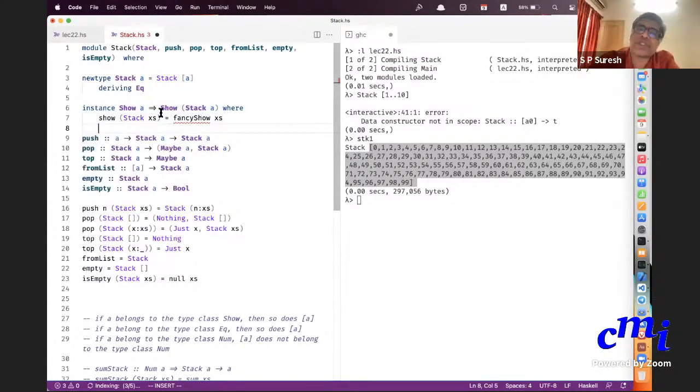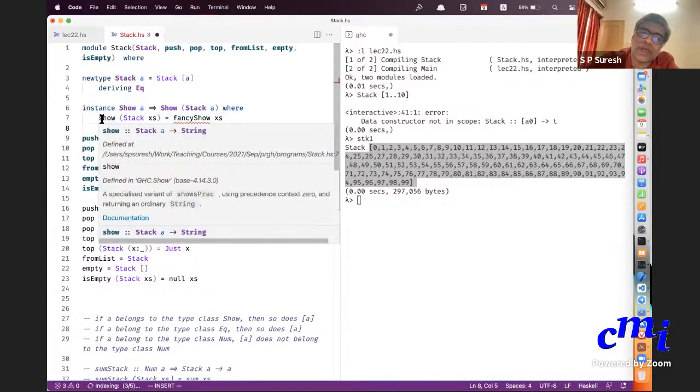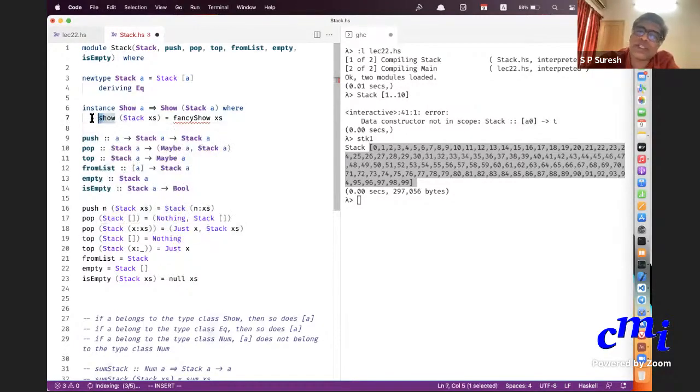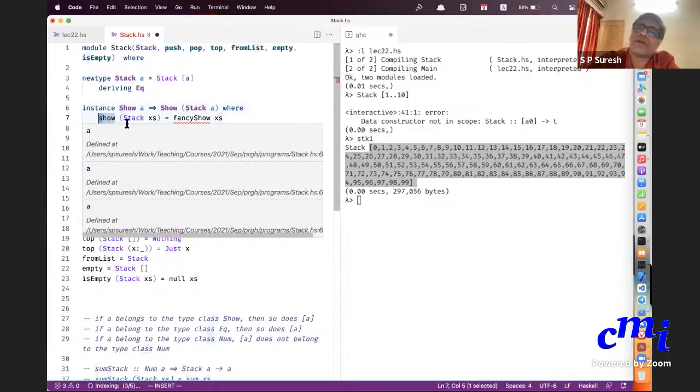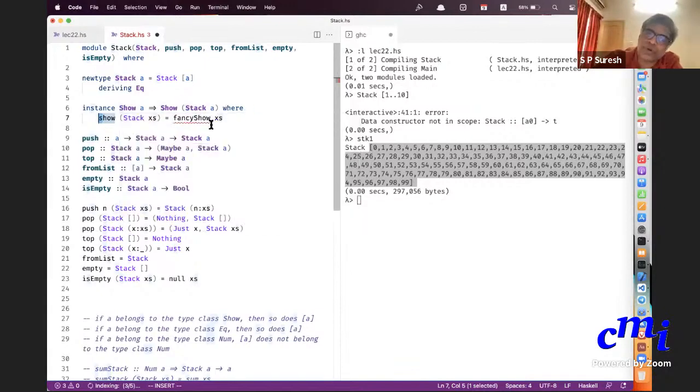You will say instance Show (Stack a), but of course you cannot show a Stack of type a unless a itself is showable. So you'll say Show a implies Show (Stack a). To make it part of the capital S Show type class, you have to define the small s show function, and the show function will turn any object of type Stack a to a String. That's what you want to do.